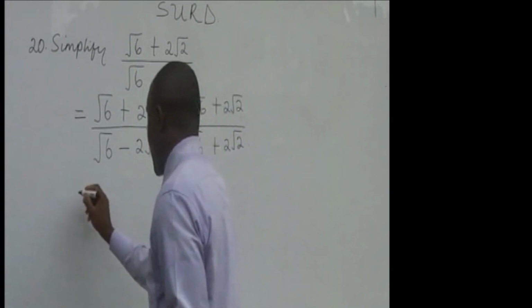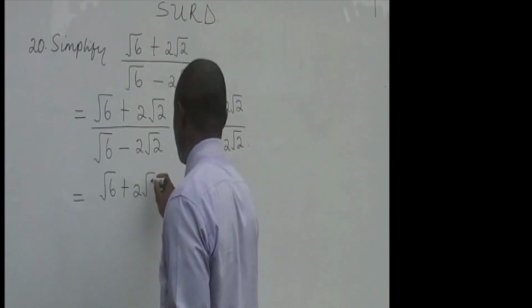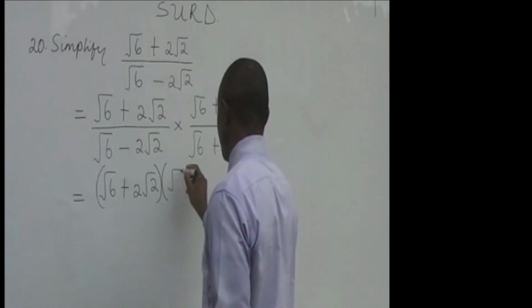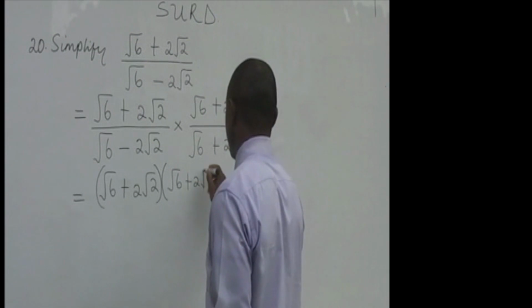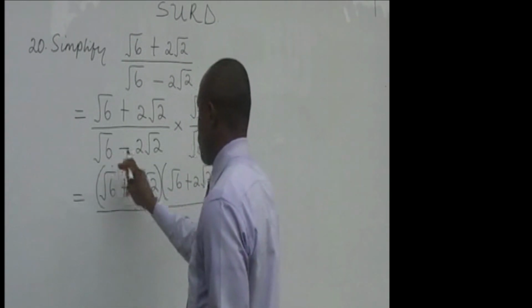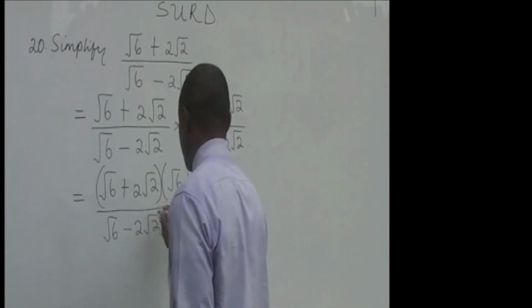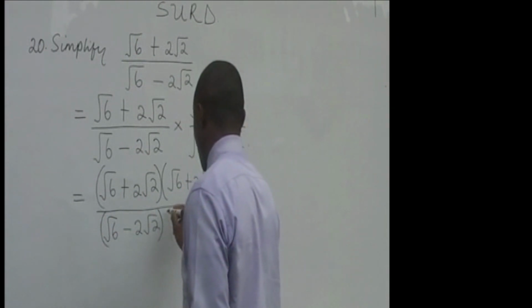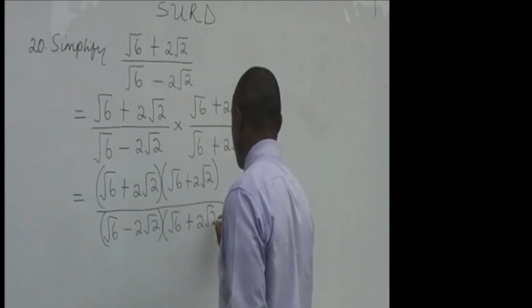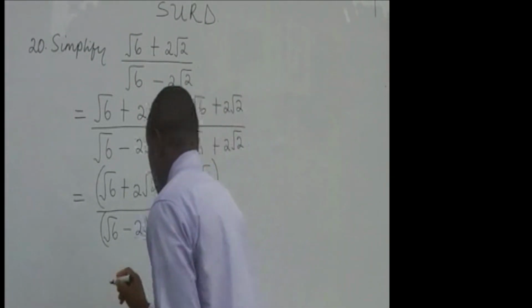So in this case, in the numerator, you're going to have root 6 plus 2 root 2 in brackets into root 6 plus 2 root 2, all over root 6 minus 2 root 2, bracket, another bracket opens, root 6 plus 2 root 2, root 6 plus 2 root 2. Now we are going to